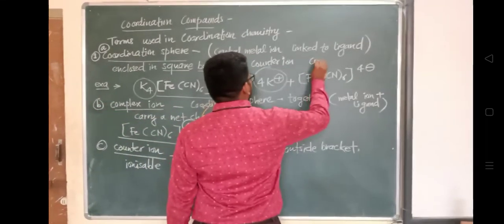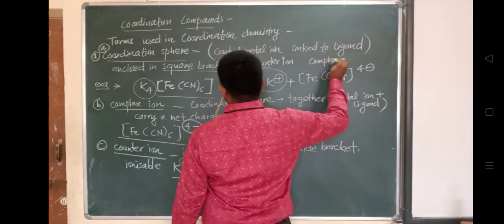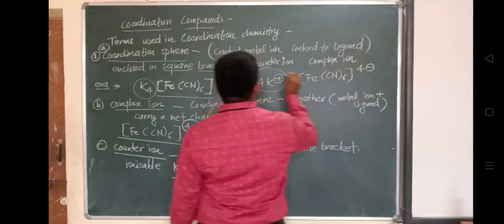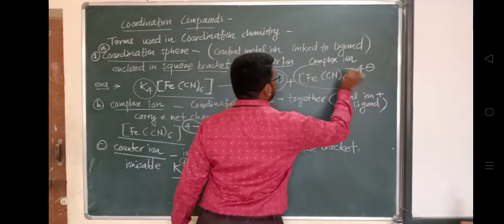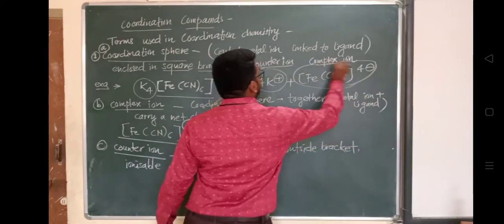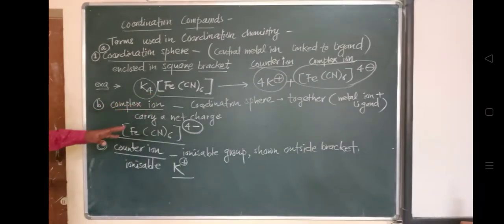Very first is the coordination sphere. Next we'll see the charge number of a complex. So don't get confused, the very first term that we have seen is the coordination sphere. ये और ये coordination sphere में ही ये वाले part हैं, that is complex ion and counter ion. So the another term is the charge number of complex ion and oxidation state. So we'll see what is that charge number. What is the charge number in coordination compound? So terms used in coordination chemistry: first term is the coordination sphere, and in coordination sphere हमने क्या देखा? Complex ion and counter ion.